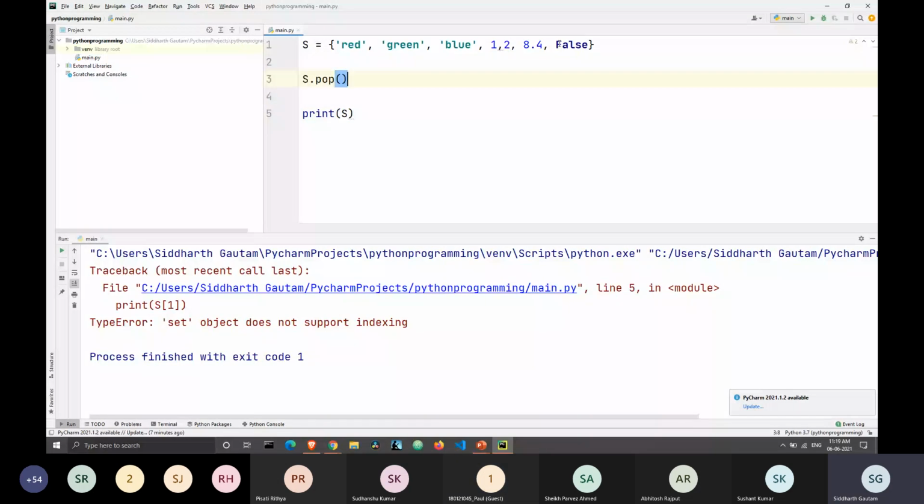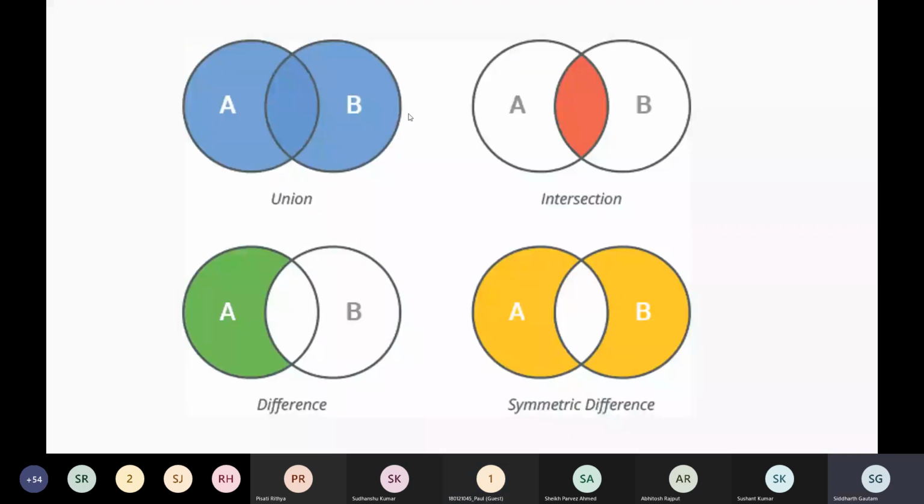Okay, so let's come back to our diagram. I will give a quick run-through in case anybody didn't already know. If there are two sets A and B, the union of A and B will be all the elements of A and all the elements of B, making up a bigger set.